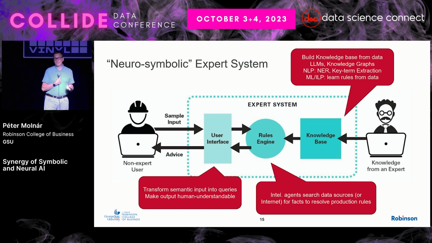And then the user interface used to be similar, like a query interface, which of course now we can have technology, particularly with language models, to build out a semantic search where you enter a sentence and that can be converted into a formal query that goes into the system. So just what I highlighted here in red, this is basically all the things that we have been doing in the last couple of years and made large strides with large language models, foundation models, GPTs, or ChatGPTs, and how we can bring them in.